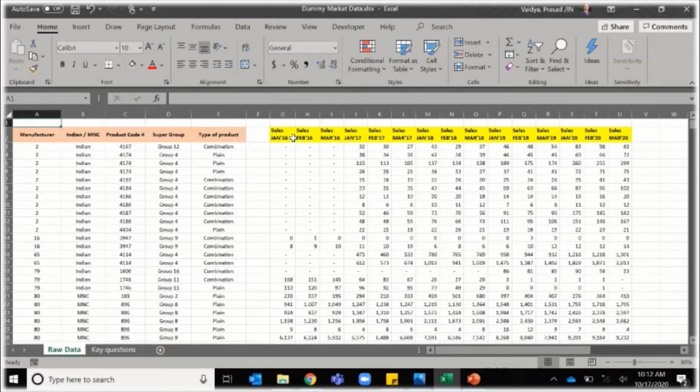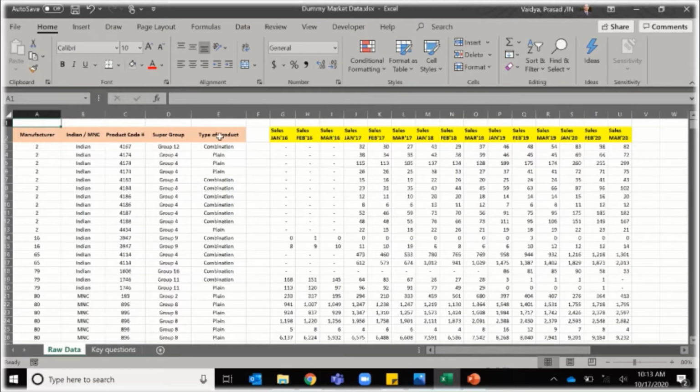Very obviously, the column number G to column number U have some sales figures which are January, February, March for 2016, January, February, March for 2017 and so on and so forth till the year 2020. So this is quite clear. The right hand side has numbers, it has values, it has sales numbers. It could be any other numbers as well in your table, but primarily this area is about numbers. So this is my data set.